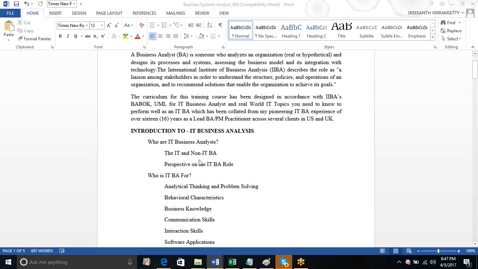So primarily, who are IT business analysts, right? We talked a little bit about what an IT business analyst does. He's a liaisoning person between the business folks and the information technology folks. So primarily the role of a BA in an IT context is somebody who is a person in between who understands the user needs. When we mean the user needs, not just the user, the broader term for that is the stakeholder, right? Who understands the stakeholder needs and goals and captures all of those stakeholder needs and goals as part of requirements